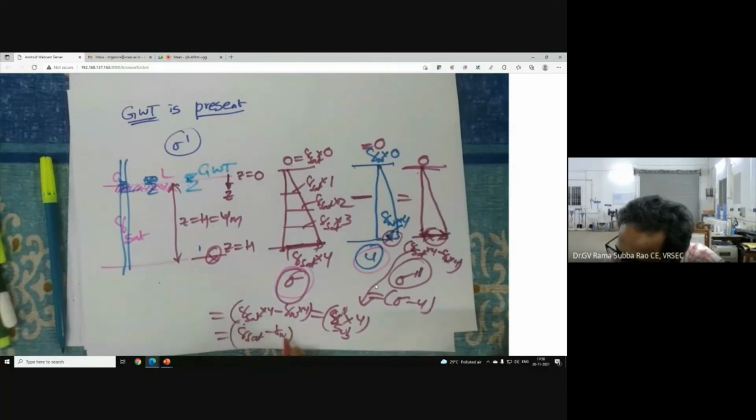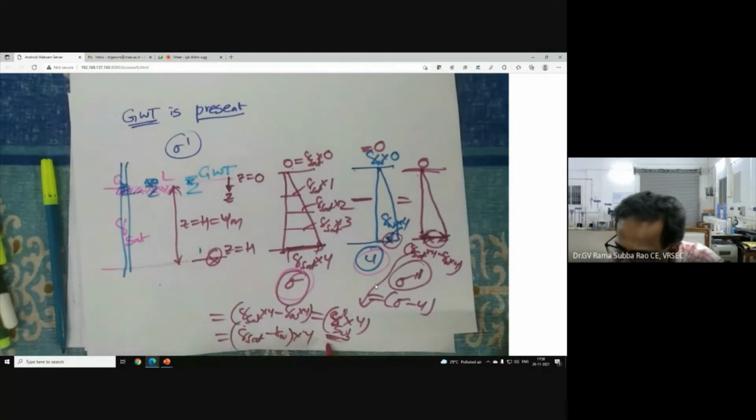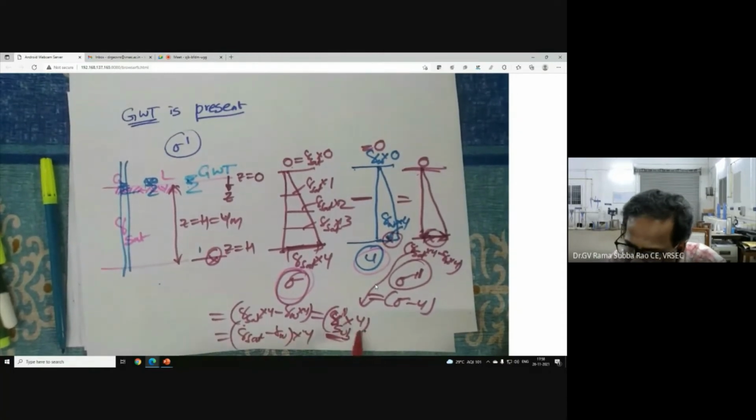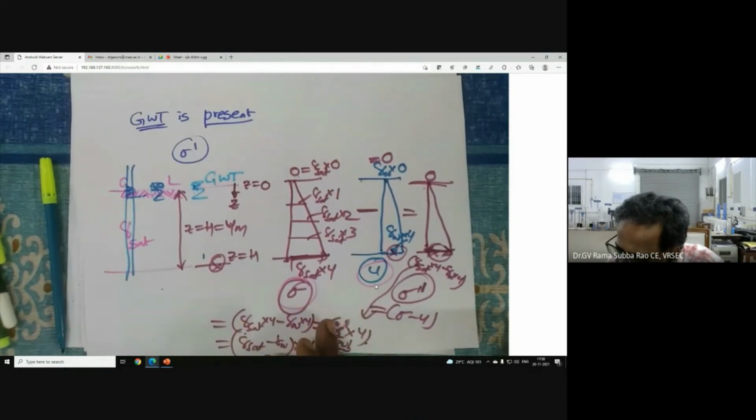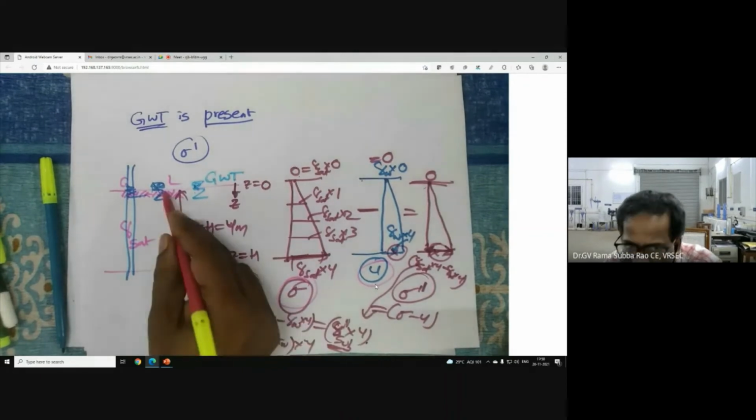Into 4. This we are trying to write as gamma submerged. So gamma submerged into 4. But one thing I would like to tell you at the end of this discussion, I can tell you one thing. As the water table increases,